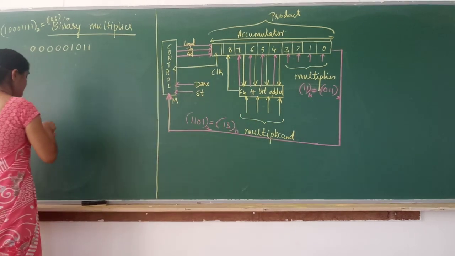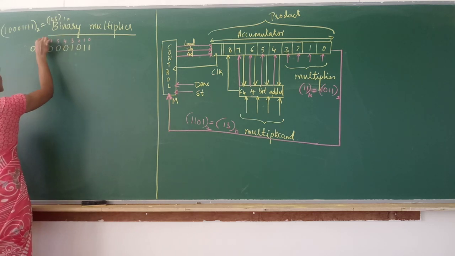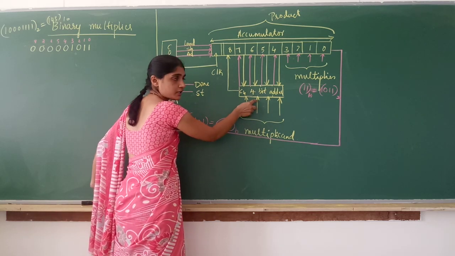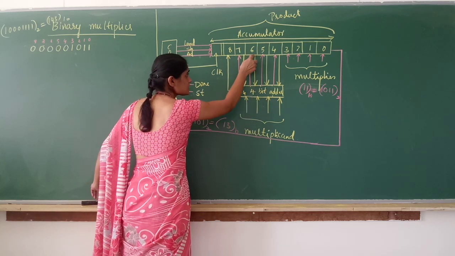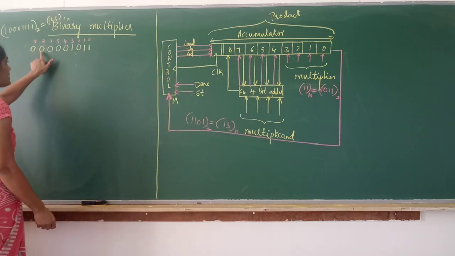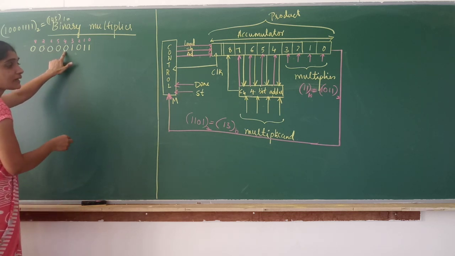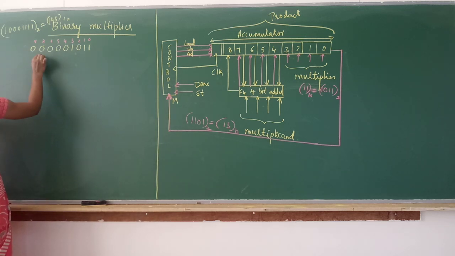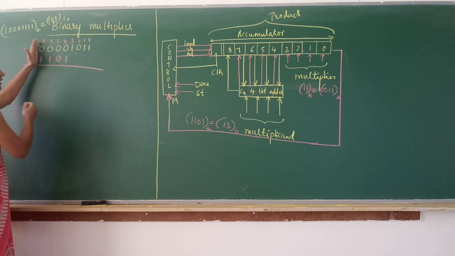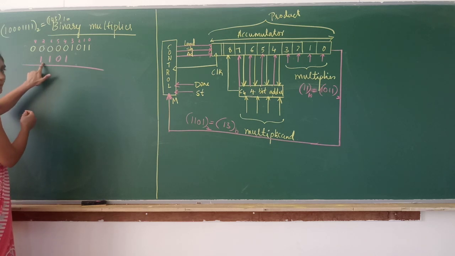So this is just like, okay, 0, 1, 2, 3, 4, 5, 6, 7, 8. So to the adder, always the multiplicand is one input. The other input is the 7th, 6th, 5th, 4th bit of the accumulator. That is 0. Initially 0, 0, 0, 0 is the input to the adder. The other input is what? Multiplicand. Multiplicand is what? 1101. Like this, inputs will be given to the adder. Adder inputs are the 7th, 6th, 5th, 4th bit and the multiplicand.